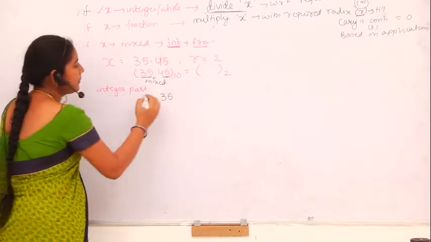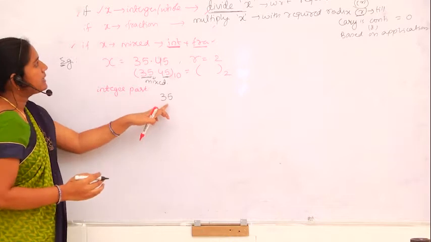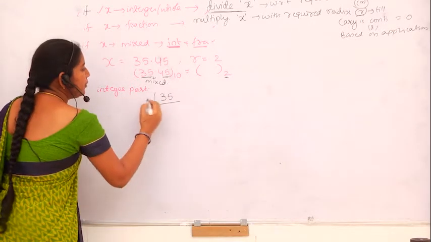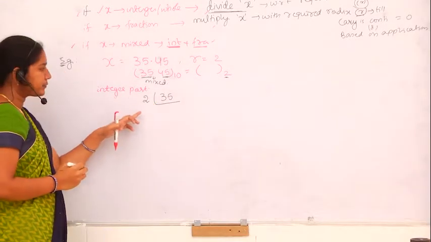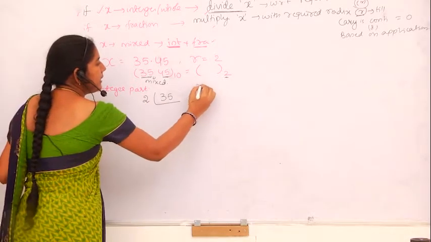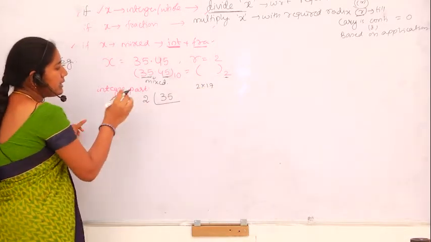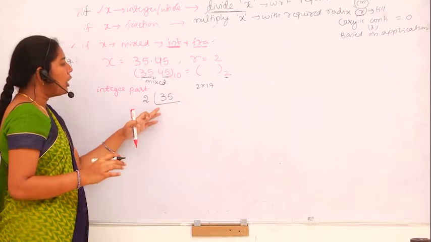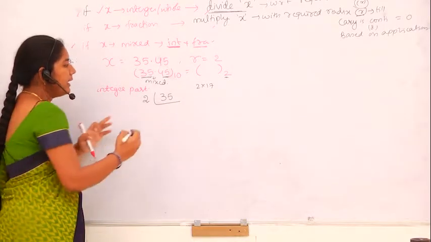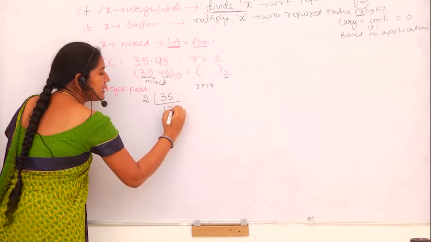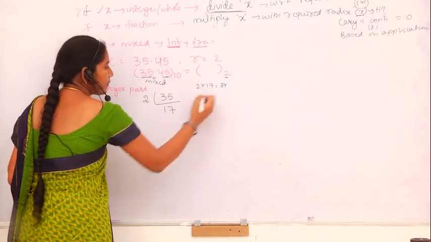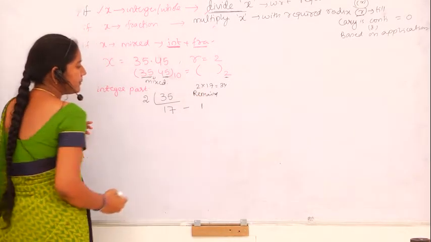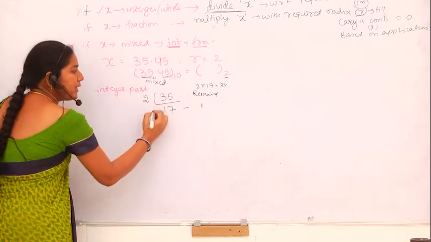35 is my integer. Now we need to divide this integer with respect to the required radix. So here the radix is 2, divide. Then 2 17s are 34, right? In this division we need to make the quotient equal to 0. So at every instant we have to consider the quotient part itself. So 2 17s are 34, and the remainder here is 1. Again do the division for this quotient part.